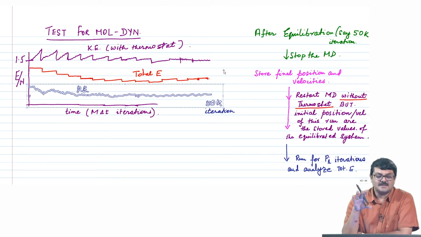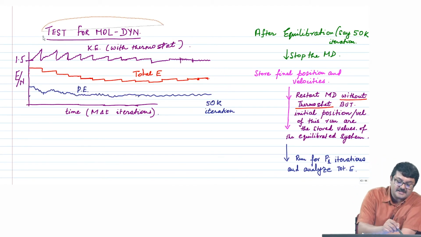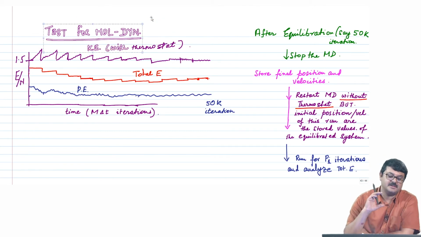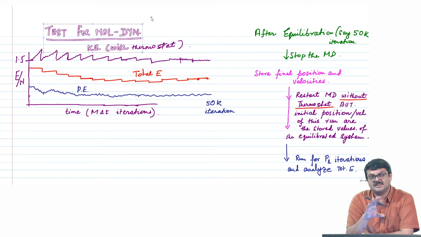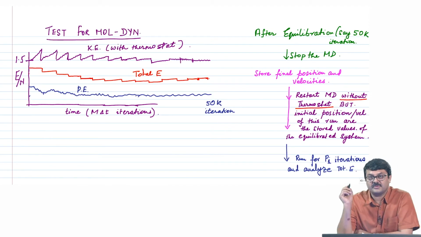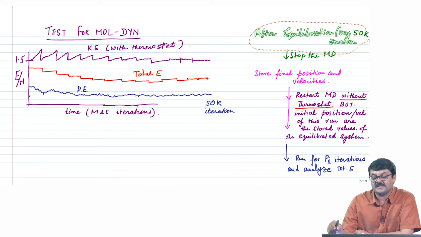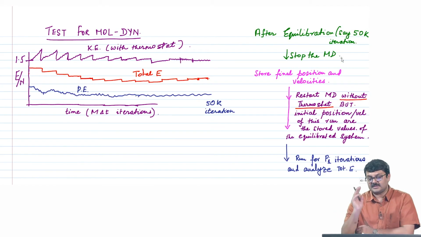Yes. Now, this is the standard molecular dynamics simulation. Now, what one should do for the test, I am basically discussing a test for molecular dynamics. The first thing you do is you start with the system in the presence of a thermostat and allow the system to equilibrate. Suppose the system takes around 50,000 iterations to reach equilibrium. Then you stop the MD. Okay, you just stop the MD